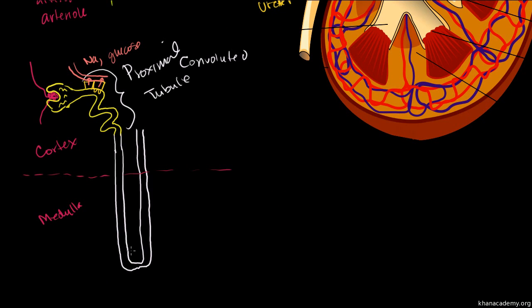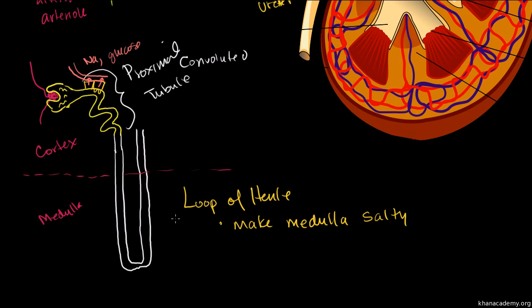So the whole point, well, there are 2 points of the loop of Henle. One point is to make the medulla, the renal medulla, salty. And it does this by actively pumping out salts. So it actively pumps out salts, and it does that in the ascending part of the loop of Henle. So this is the ascending part. It actively pumps out salts: sodium, potassium, chloride, or chlorine, I should say, chlorine ions. It actively pumps out